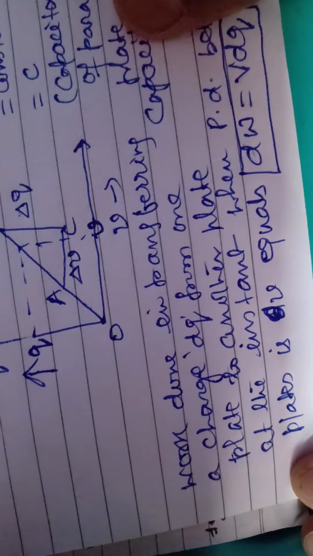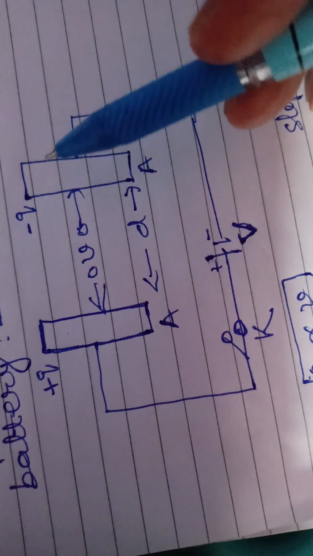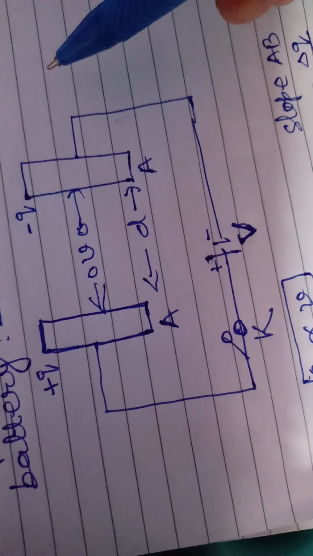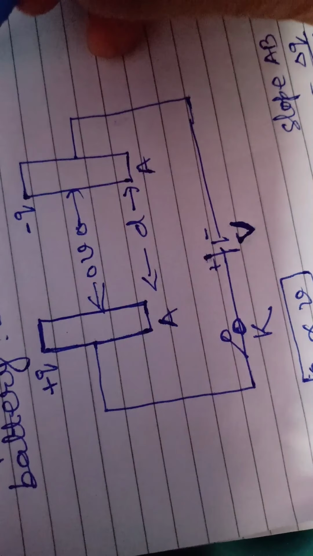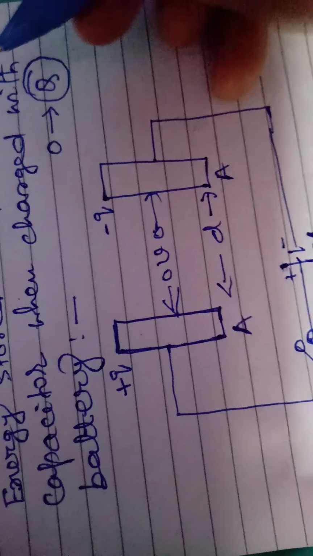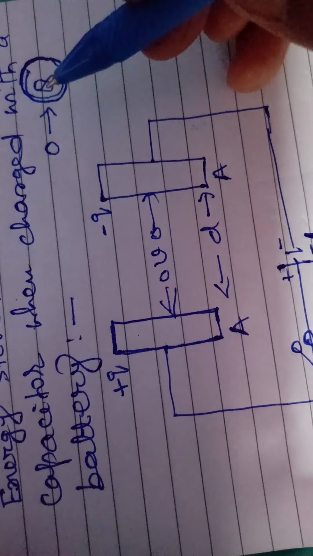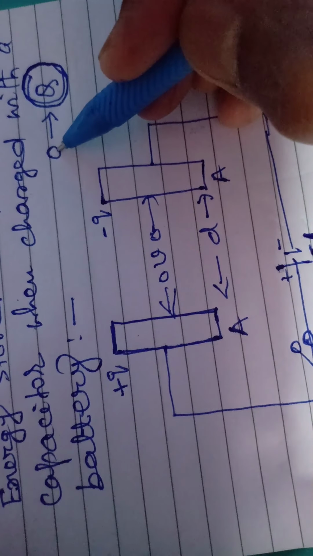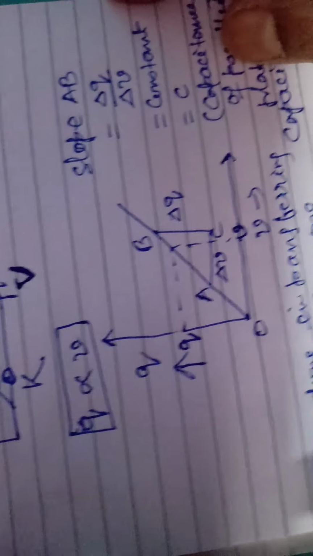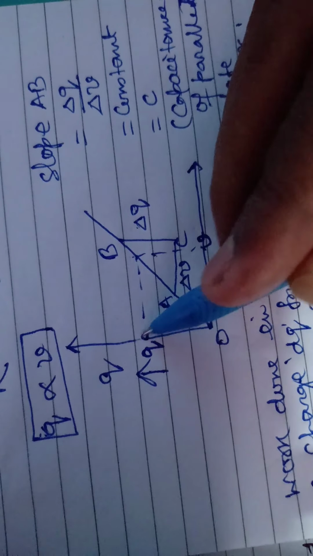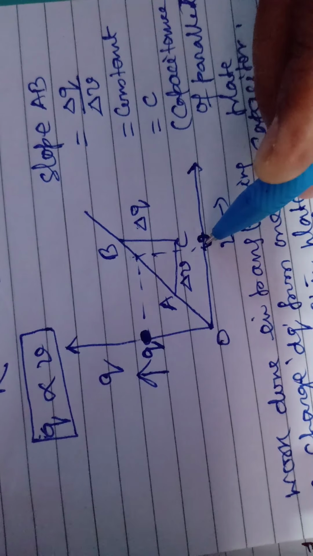Now try to understand what I want to say. We are going to derive expression for electrostatic energy stored in a parallel plate capacitor when it is charged with a battery with potential difference V, which enables capacitor to store maximum amount of charge, this capital Q. Since during the course of charging, charge grows from value 0 and goes to maximum value capital Q. At any intermediate stage, we consider that the charge on capacitor already grown is a small q, and at this instant the potential difference is this small v.